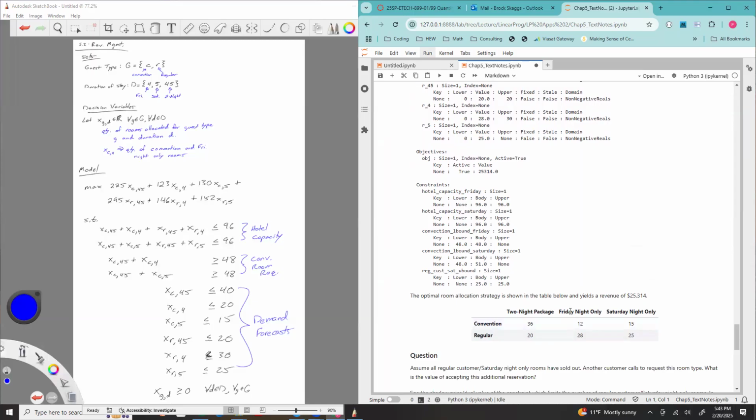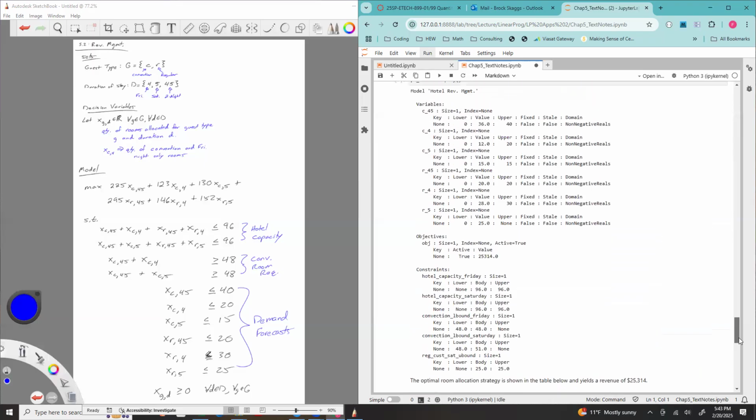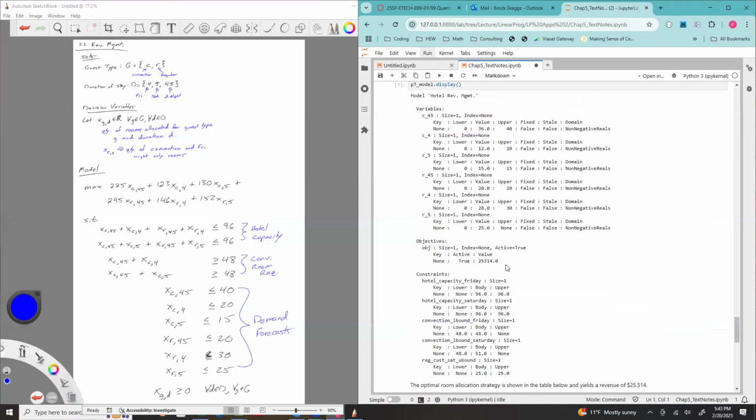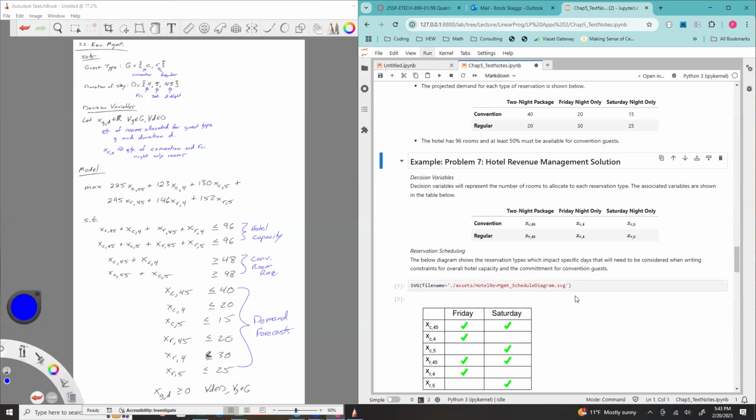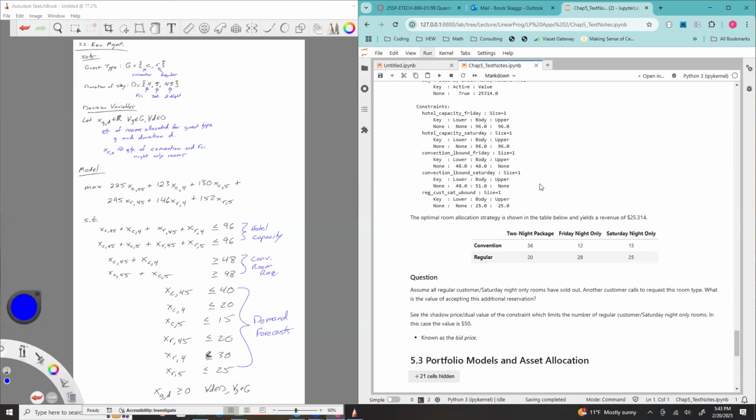Things that I would typically impose on you is there is kind of this idea of a presentation layer, so to speak. In this class, you're learning how to do the down and dirty stuff as far as creating a model and everything. But typically the audience that you'll be presenting this to, unless it's a technical coworker, may not be interested in seeing it like this, but instead kind of dress it up a little bit. So I would present it in a table, something similar like this. This is a nice style format, kind of similar to the way the data was presented to us,